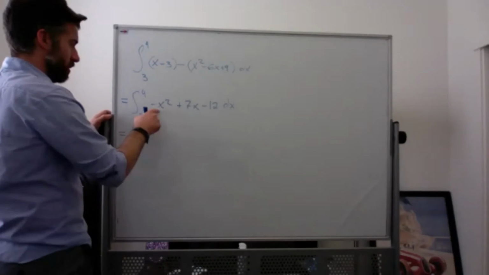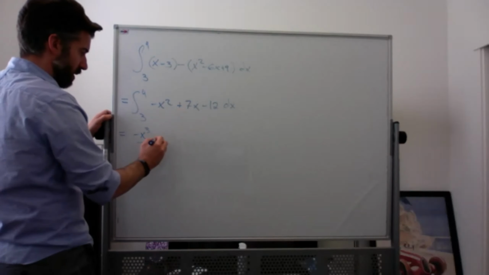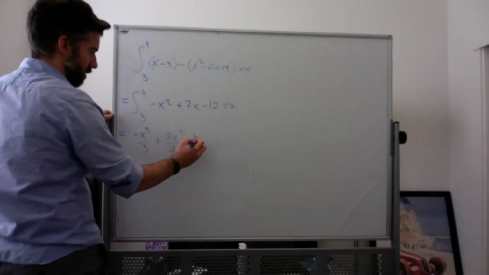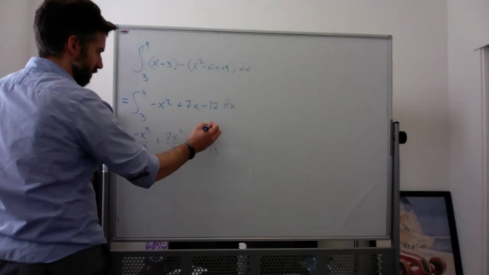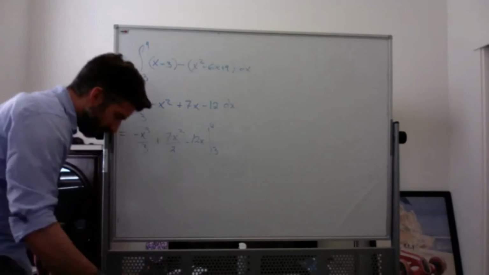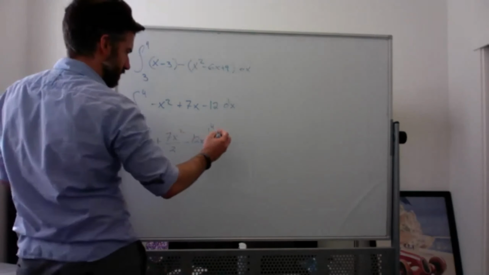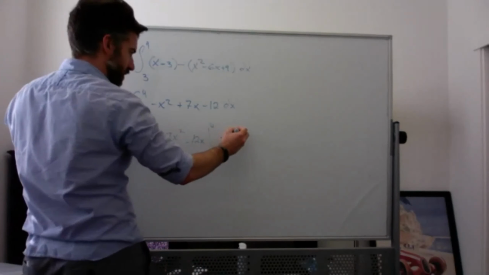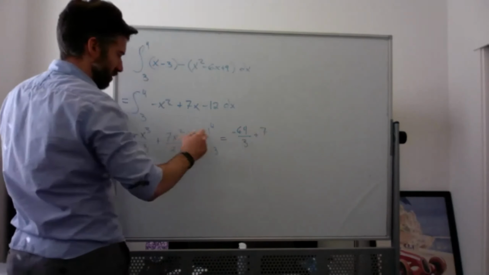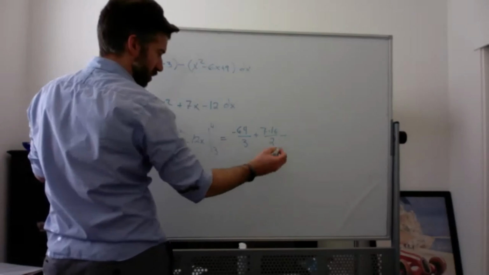We're going to integrate. Antiderivative of that is minus x cubed over 3. Antiderivative of that is 7x squared over 2. Antiderivative of that is minus 12x between 3 and 4. And then the rest of this is kind of a pain. You're plugging in 3 and 4. It's kind of gross. So you're going to get minus 4 cubed over 3 plus 7 times 4 squared over 2 minus 12 times 4, which is 48,